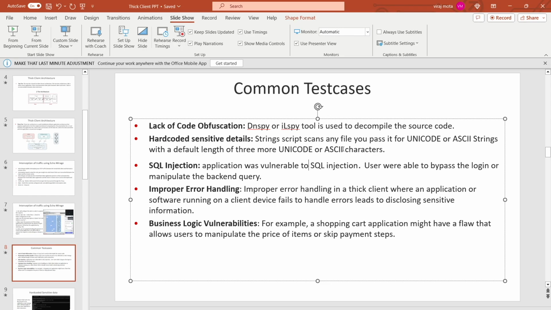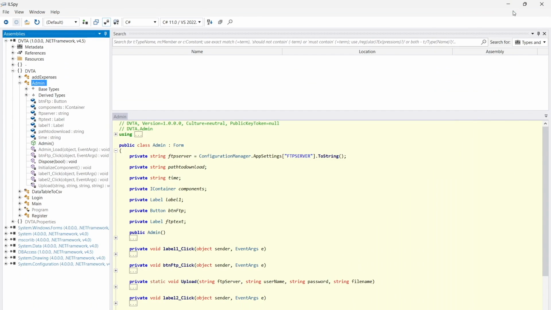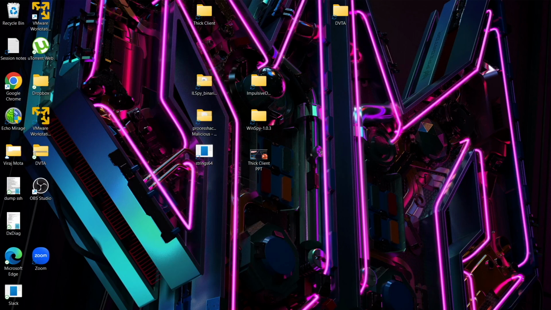So when the term test case comes into the picture, right? We click and get the insight. Is there something hard-coded present in our thick client exe or the server? How do we gather those details and identify what the sensitive details are behind? So this is the interesting test case where